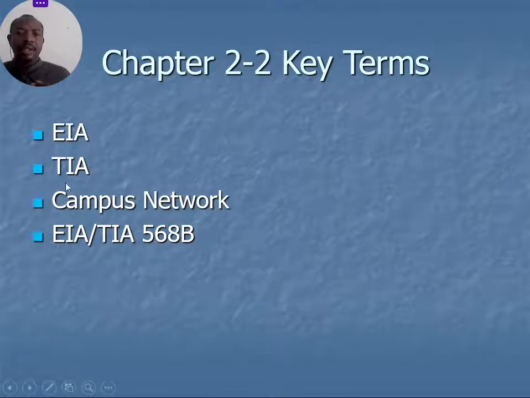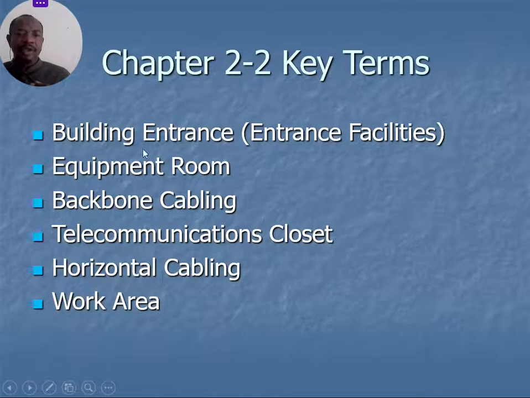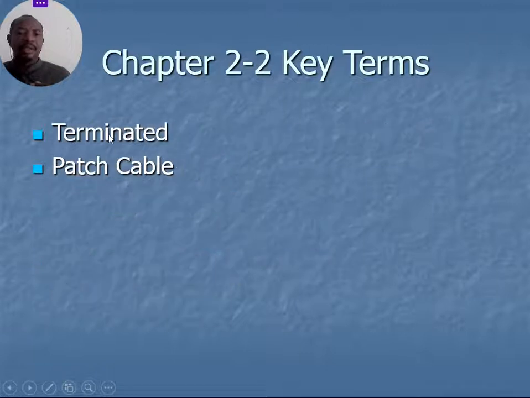Here are key terms that we use: ER, TR, campus network. These are just key terminologies that we have used. Building entrance, or what you call the entrance facility, equipment room, backbone cabling, telecommunication closet, horizontal cabling, work area. All these are terminated, or the patch cables. All these are terminologies that we have used for this